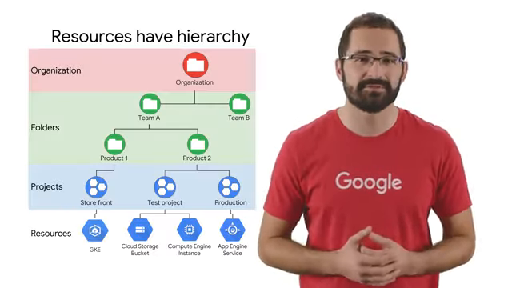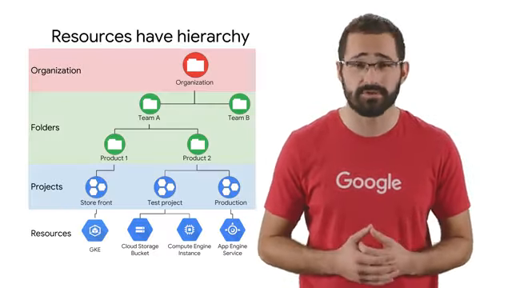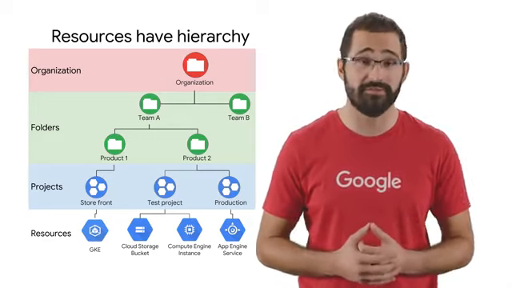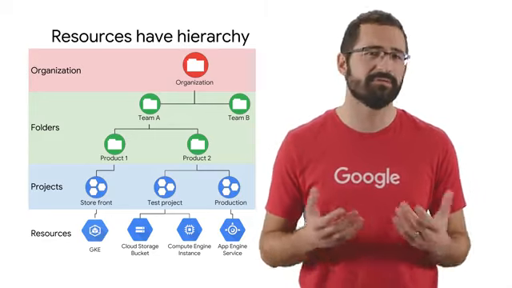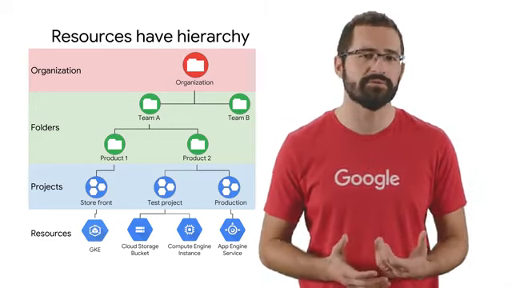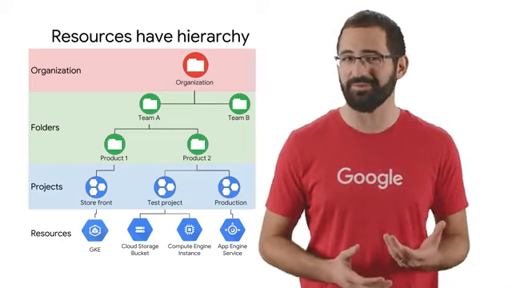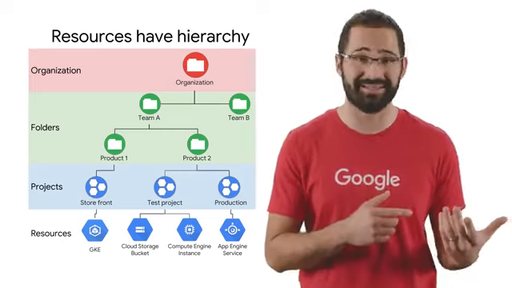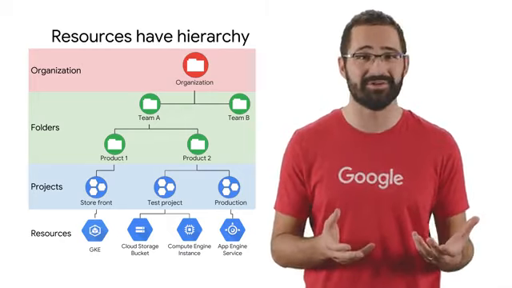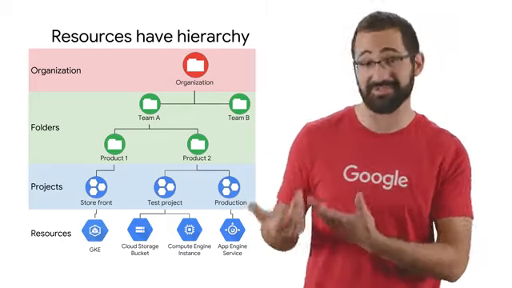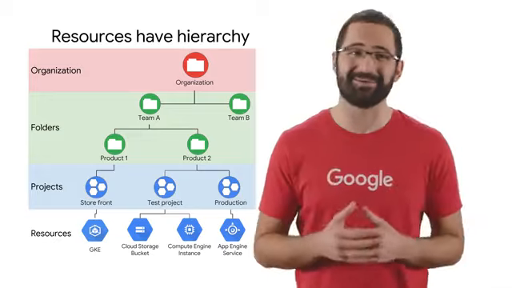The GCP resource hierarchy helps you manage resources across multiple departments and multiple teams within an organization. You can define a hierarchy that creates trust boundaries and resource isolation. For example, should members of your human resources team be able to delete running database servers? And should your engineers be able to delete the database of employees' salaries? Probably not in either case.